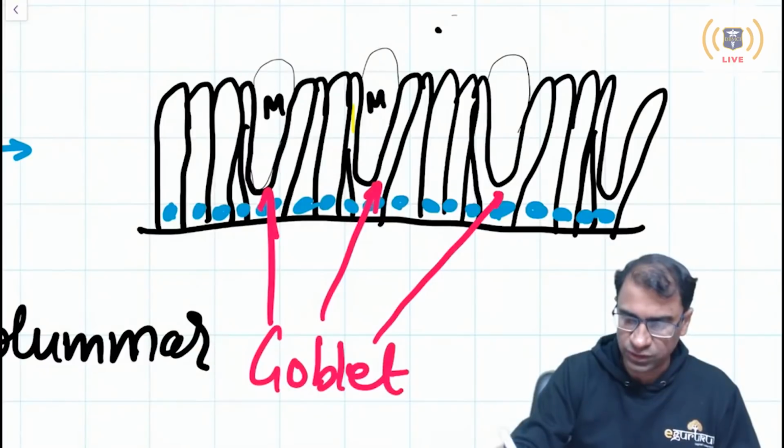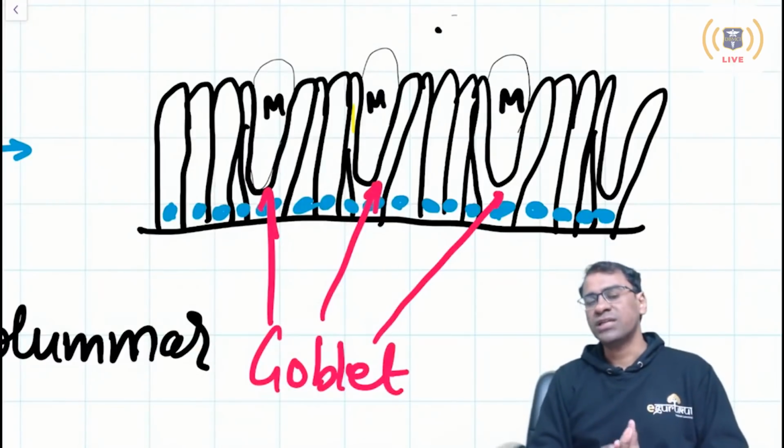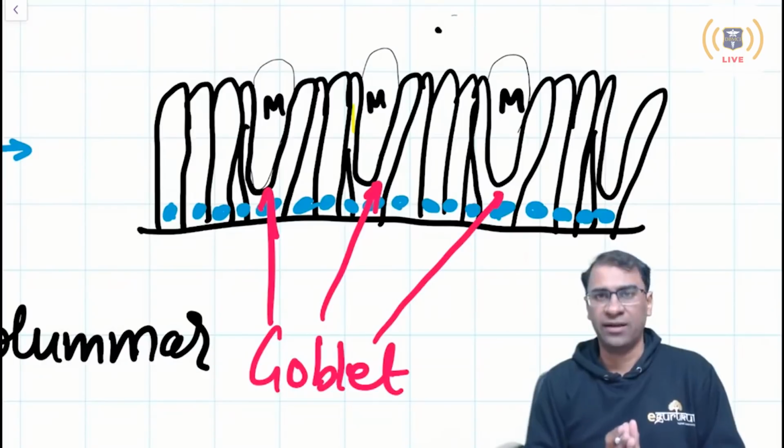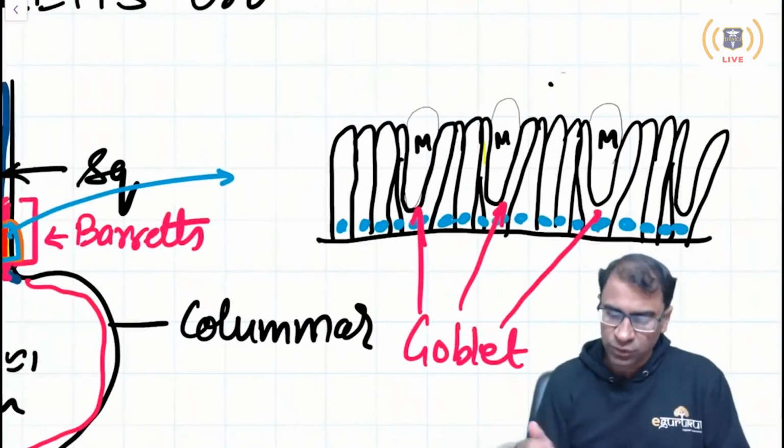This is the mucin area. I'm writing M here. The big question is, the mucin is completely white in color. They don't stain at all. So to confirm mucin,